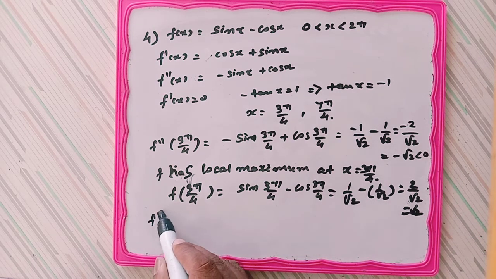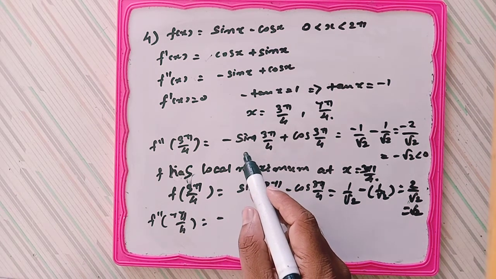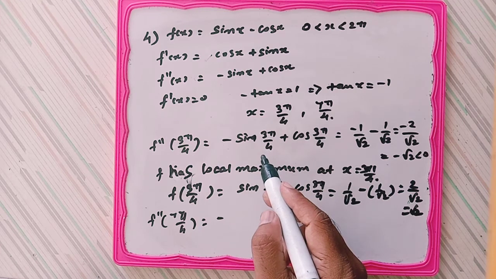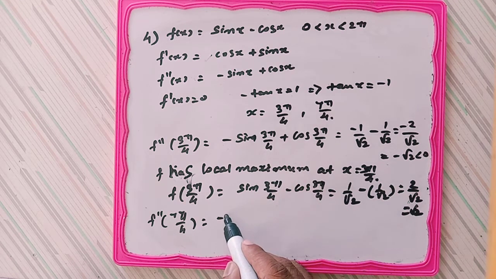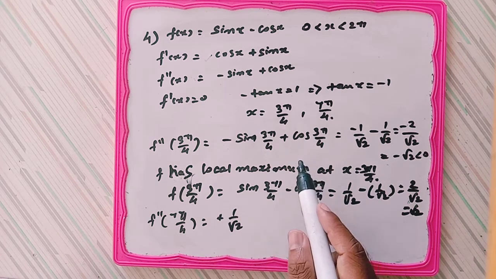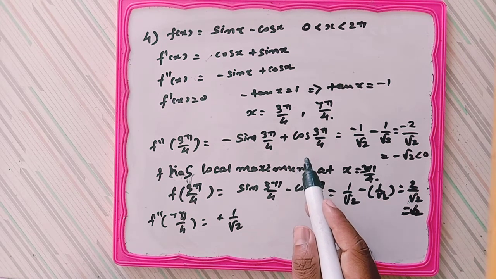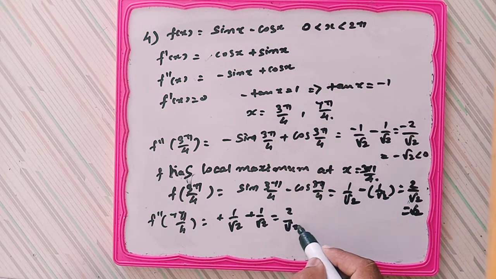Now f double dash 7 pi by 4 we take, and it is minus sin 7 pi by 4. In the fourth quadrant sin is negative, so minus or minus, so plus 1 by root 2, and cos 7 pi by 4. Again in the fourth quadrant cos is positive, so plus 1 by root 2, so it is 2 by root 2, which